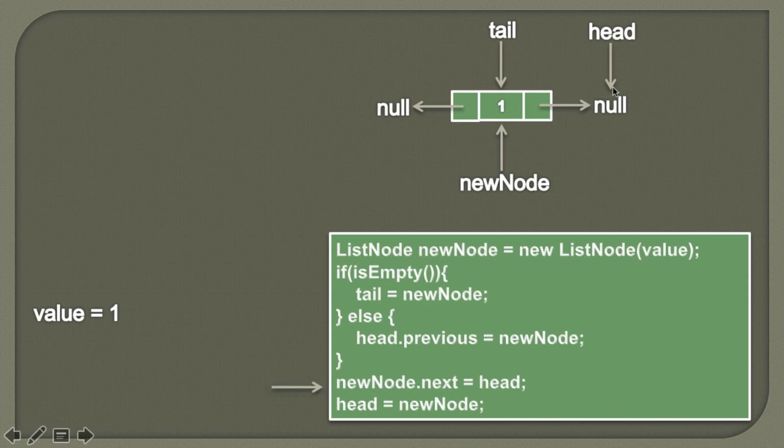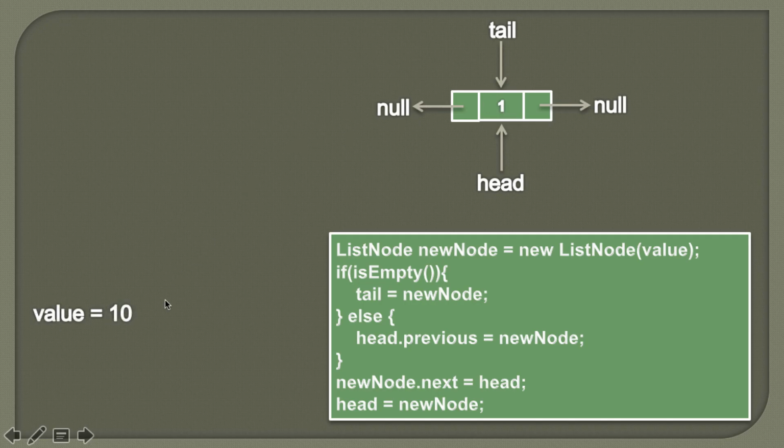Moving ahead, we'll simply assign new node's value to head. As head points to null, we'll now make it point to the new node. Here, as the list was empty, after insertion of this new node, both tail and head will point to it because this is the only node in the doubly linked list.